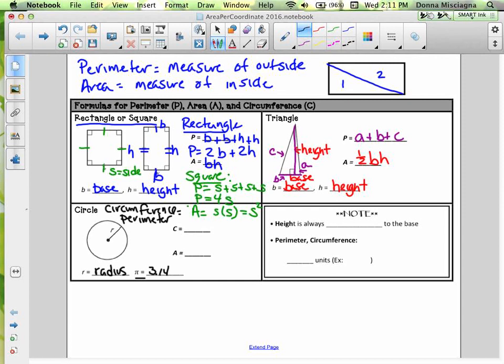3.14. See if I remember the rest of it. I think it's 3.14. I don't even know the rest of the values. Was it 117, I think? And it just keeps on going on and on. But it's not important that you know all the values, because we're going to keep pi